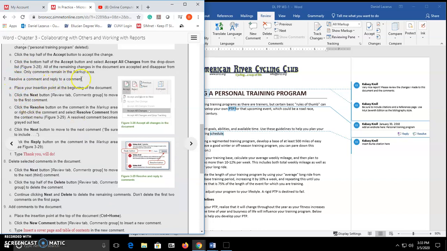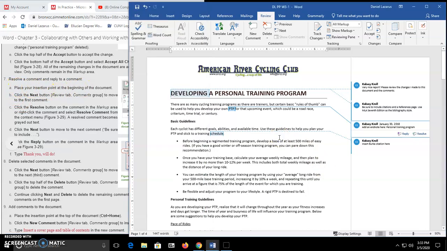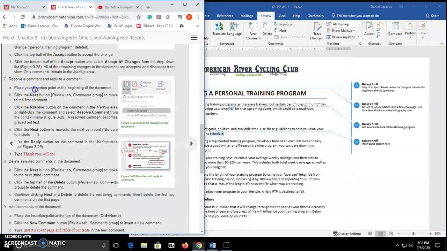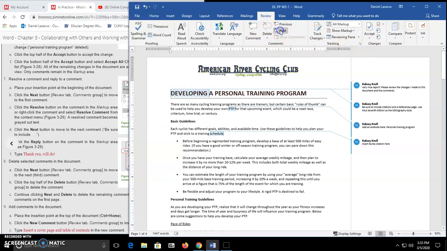Resolve a comment and reply to a comment. Place the insertion point at the beginning of the document. So wherever you are, press Control and Home. It takes you to the beginning of the document, and then click Next button in the Review Comments group. So in the Review Comments group, click Next. So it takes you to the first comment, and then you could click on the Resolve button or select Resolve comment. So click on this or the arrow, and then you could click on Resolve comment,